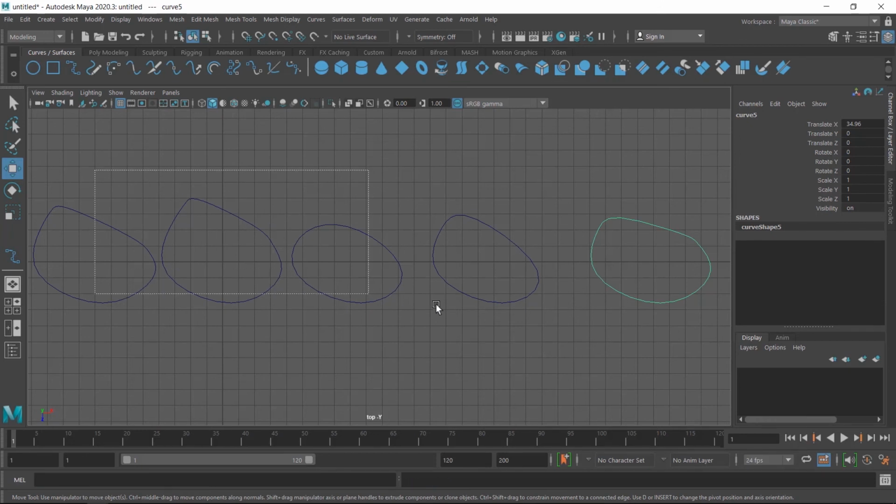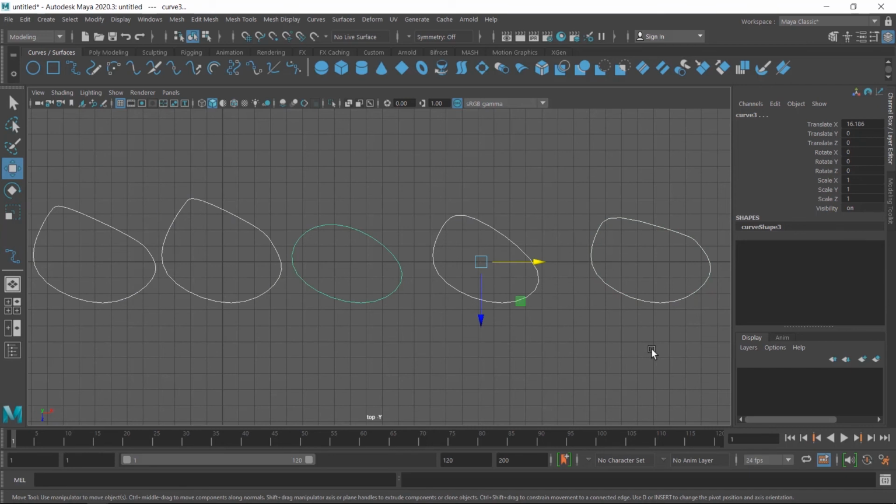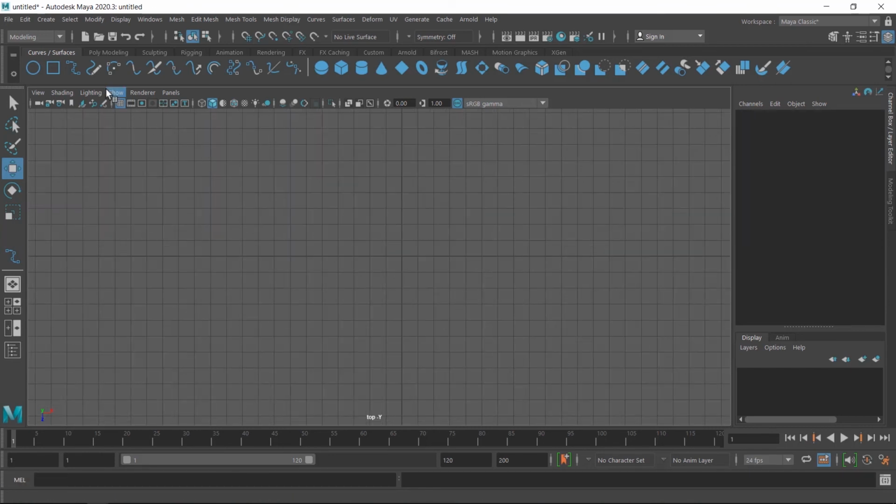Now I select all these shapes and then show you another tip. Now I create a shape by using the EP curve tool. If you want to close this shape without exiting the creation mode, you can do so by pressing Ctrl and Shift keys. I press both the Ctrl and Shift keys and then click on the start point. When I click on the start point, this shape will close.